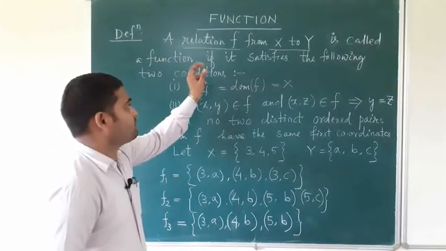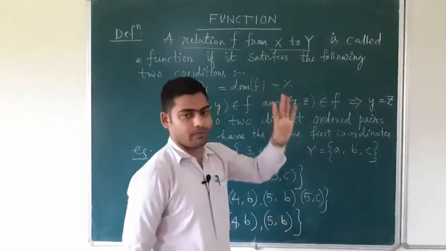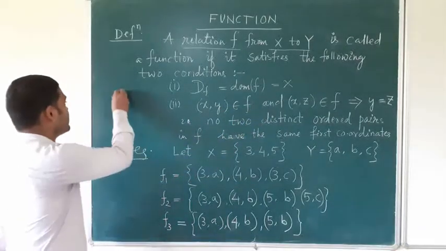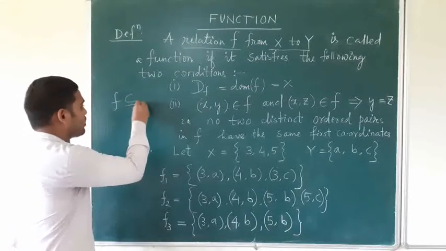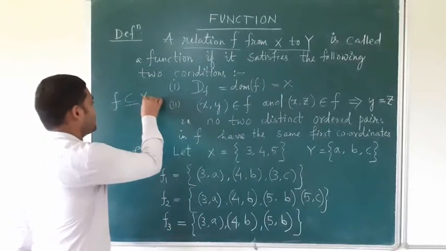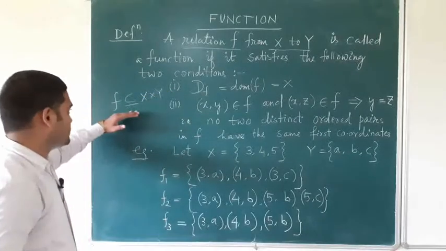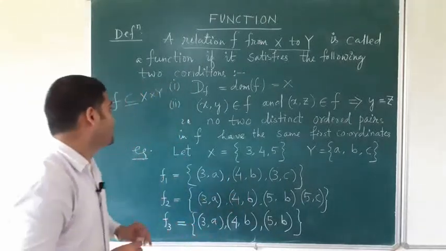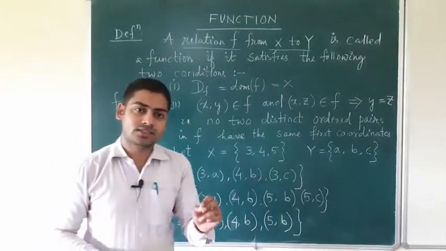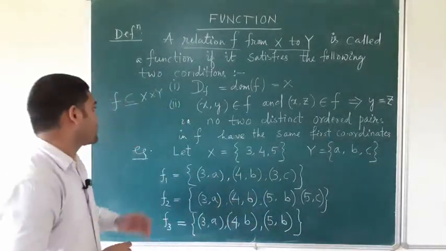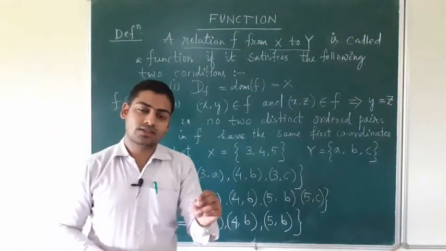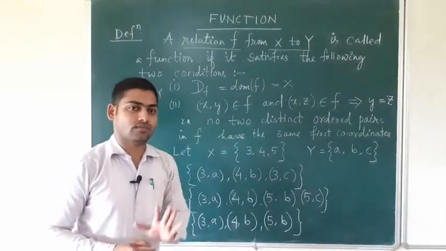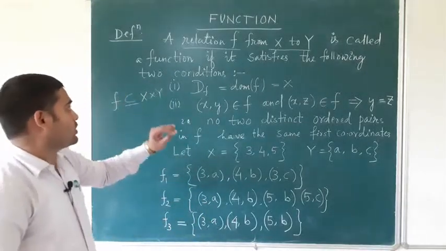A relation f from X to Y means f is a subset of or equal to X cross Y. That means the relation f contains ordered pairs of the Cartesian product X cross Y, the Cartesian product of X and Y. So friends, f is a relation and this relation is called a function